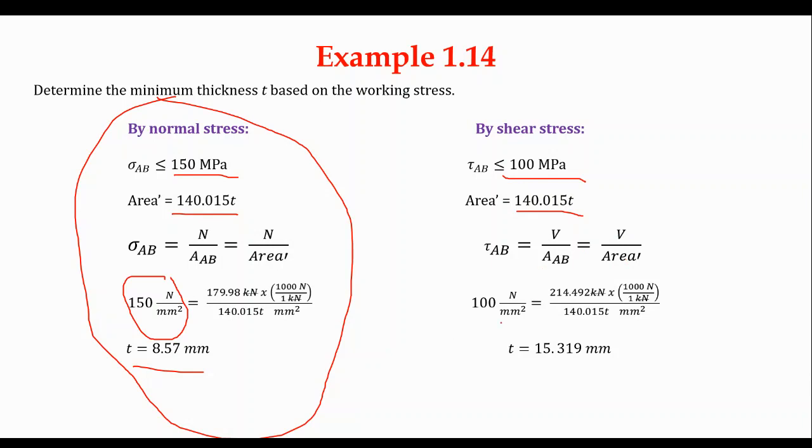So, 100 Newton per mm squared, equal to the shearing force na nagets kaganina, 214.492 kilonewton. So, gi-convert na to og newton. Divided by area prime, 140.015T. And then solve for T, we get